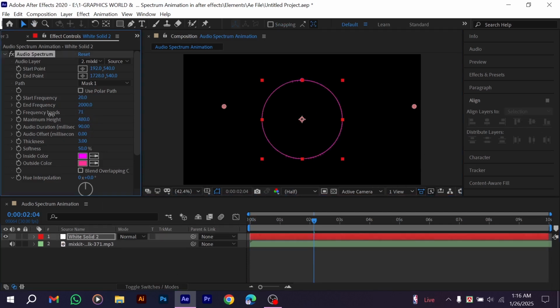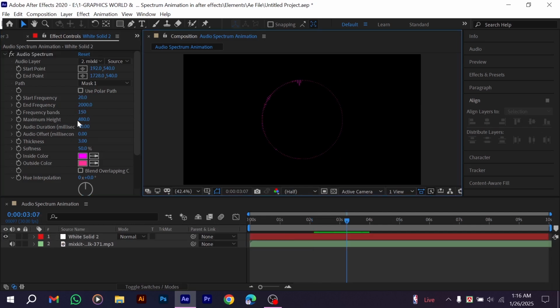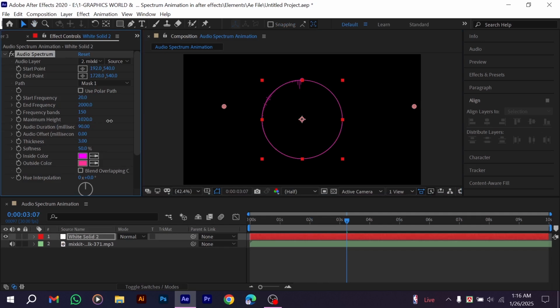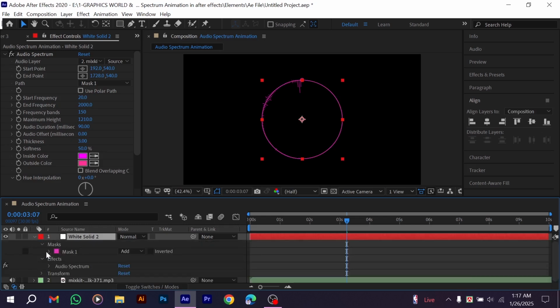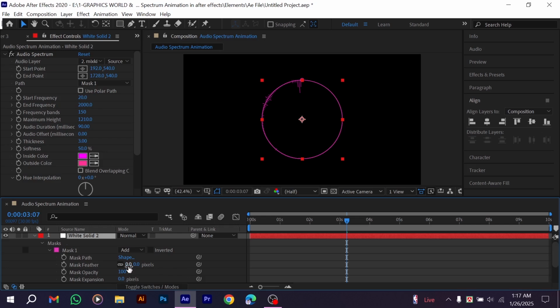Is the bands number. If you increase, I set it 150. Maximum height will be, this is good enough, 1210. You can see the outside bands of the circle is cutted. To fix this problem, go to mask on and increase the mask feather gradually. Then you can see this problem is fixed. Now if I play it,